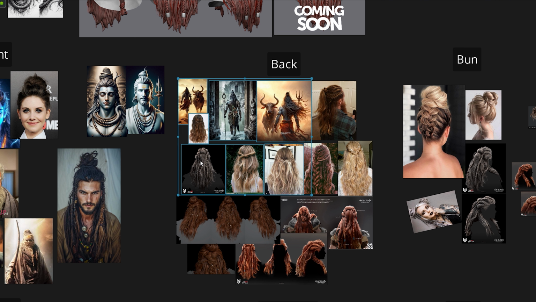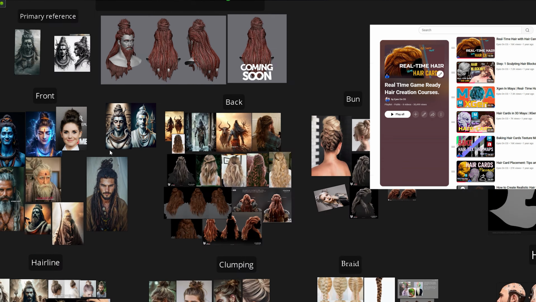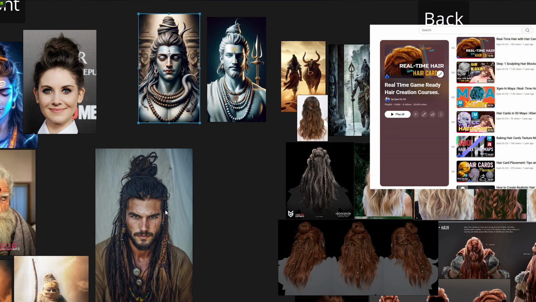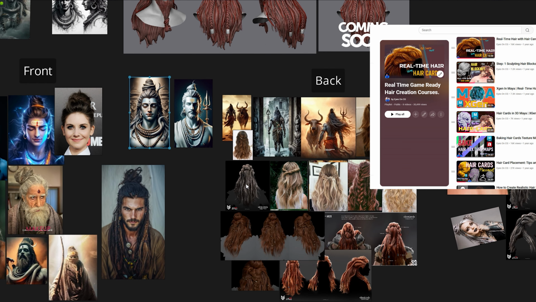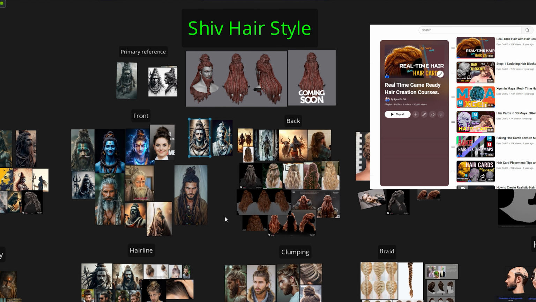As we know, real-time hair is a complicated task, but a few techniques are there to create real-time hair. Most of the industry studios are following a card-based approach, but every style has its unique techniques and way to create. The most basic thing that always stays common is understanding them and dividing into small steps, and trying to figure out why it looks like this, what is the type of this hair,